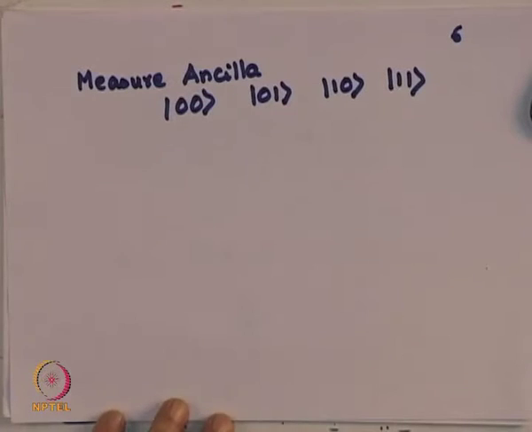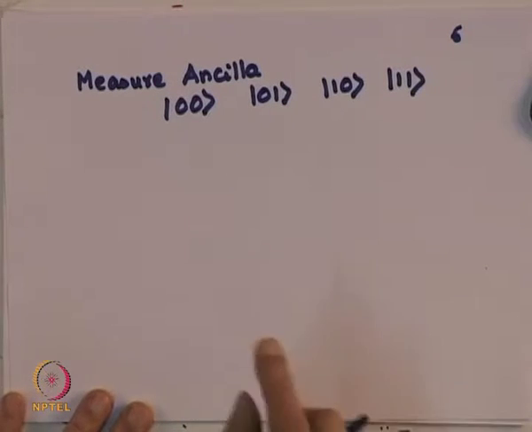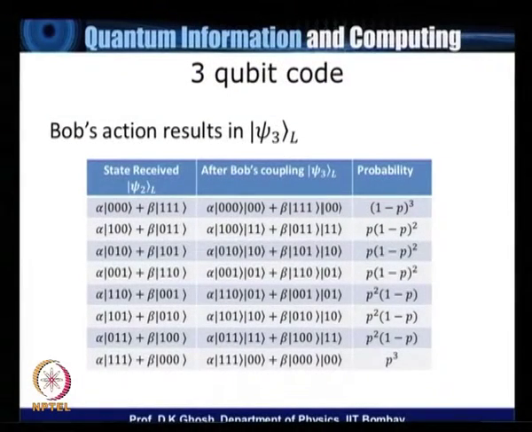So let us look at what happens to the case where my ancilla bit is 00. If you look at it, the first line has 0 0 1 1, and the last line also has the ancilla bits as 00. But there is a difference. In the first case, the first three lines have been unchanged. This probability was 1 minus p cubed, but in the last line we realized that this is not what Alice sent, but this is what Bob received with the probability p cubed.